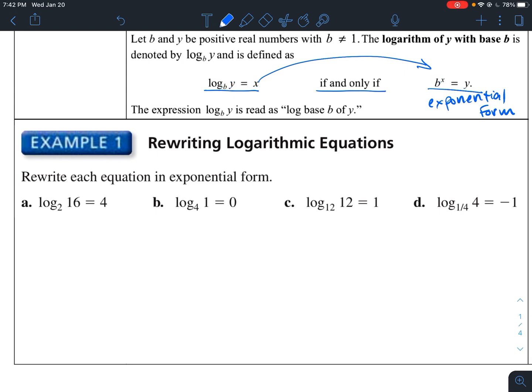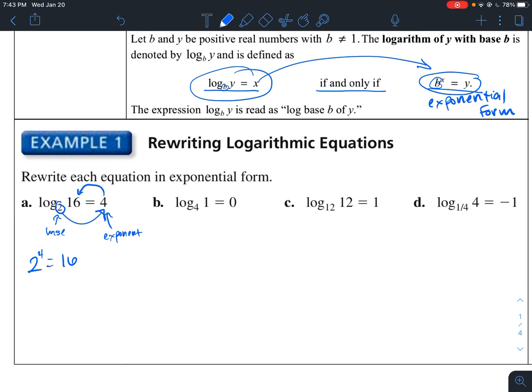Now, an easy way, at least it's easy for me, whenever I learned this, I kind of just thought here, the base is the base over here, right? So the base over here, which is b, is also the base number over here. So I always start with that. So 2. Now, this right here is your exponent. Okay? So this is your base. This is your exponent. So this means 2 to the 4th would be equal to